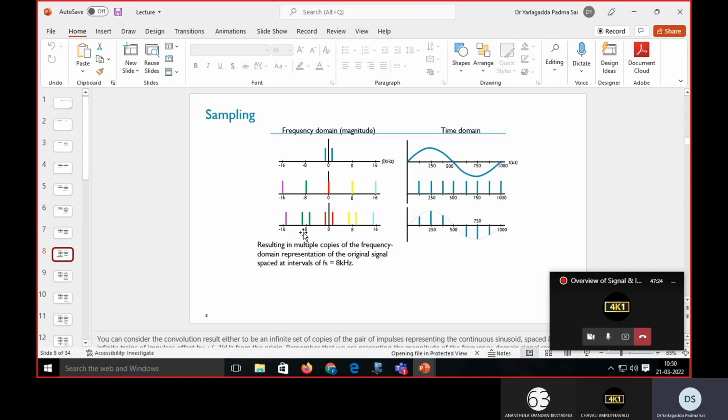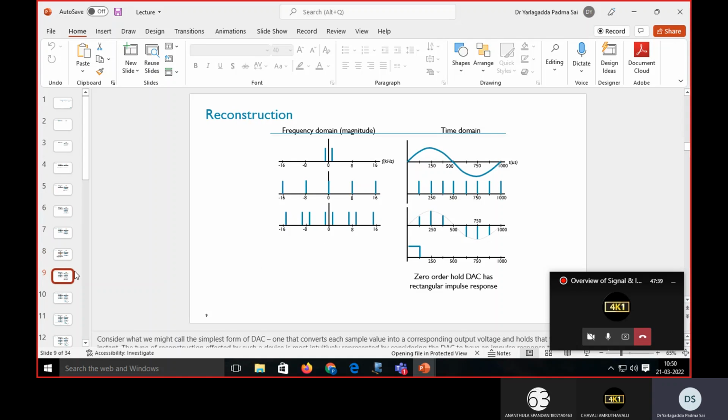Similarly here, wherever your impulse is existing, you will get your original spectra. This is the concept: in time domain you are simply multiplying, in frequency domain you are convolving. That is one of the properties of convolution. This concept is explained in a